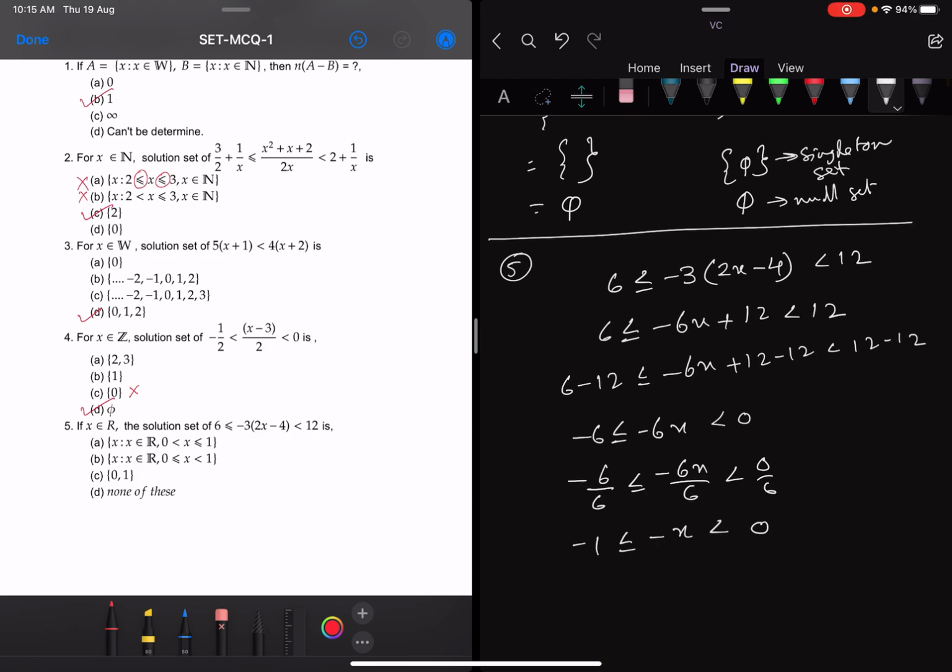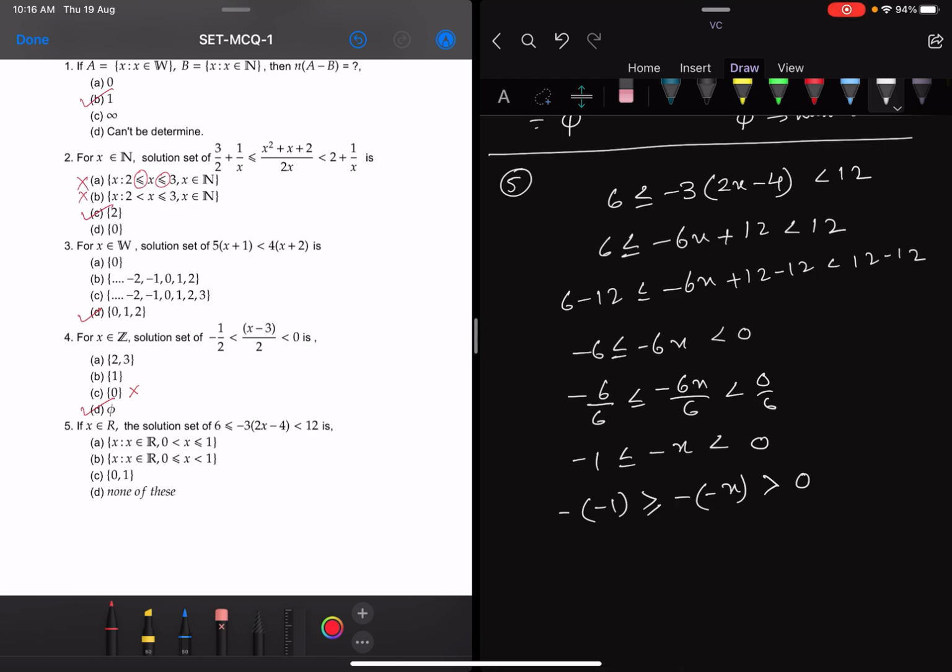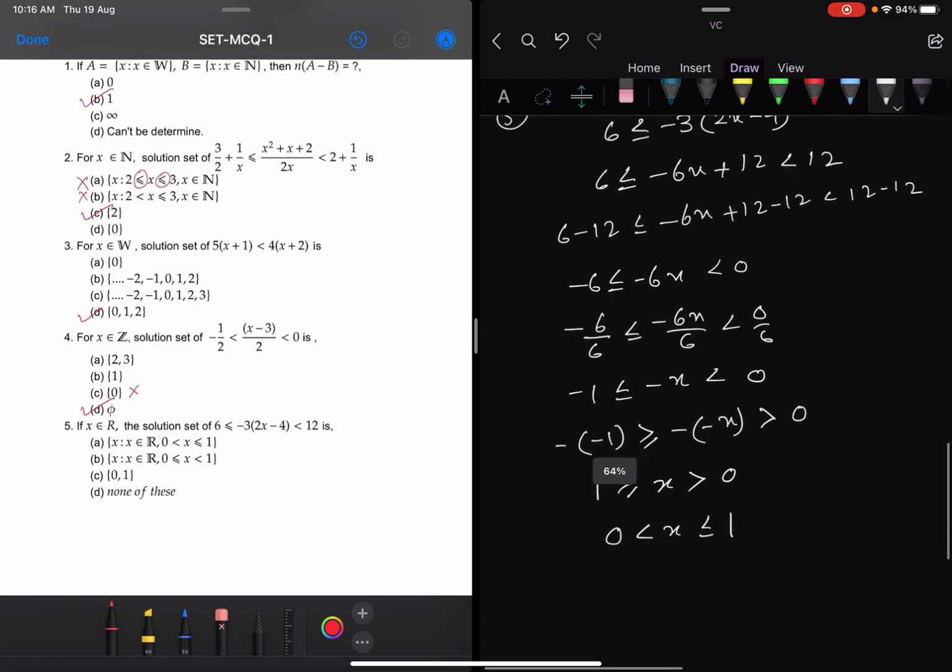Now here it is the symbol minus, so if we make negative all the parts, the symbol will be changed. Negative of 0 is 0, that means minus minus plus 1, that means 1 greater or equals to x greater than 0. So writing it the correct way, that means the lowest value on the left side, that means 0 less than x less or equals to 1. Okay,